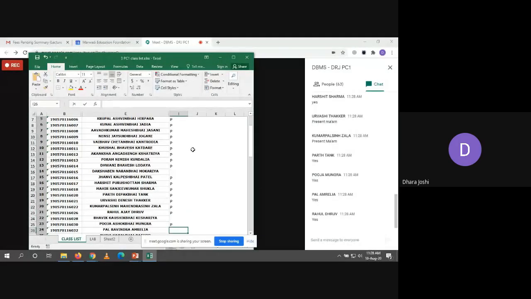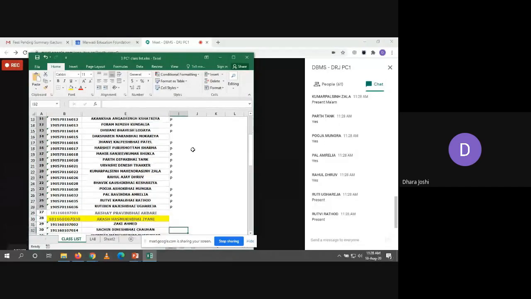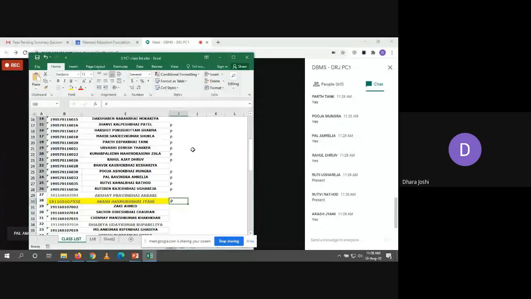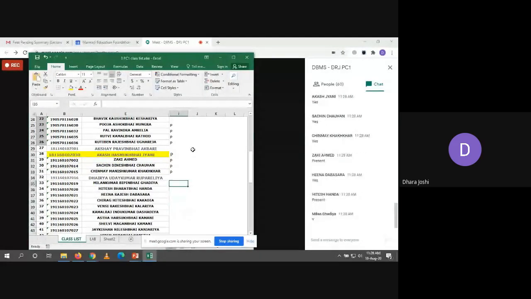Bhavik is not here. Okay. Rutvi, Akshay, Akash, Ahmed, Chinmay, Dhairya, Milan, Hitesh, Hina, Chirag, Kamalraj, Dhairya present, okay.